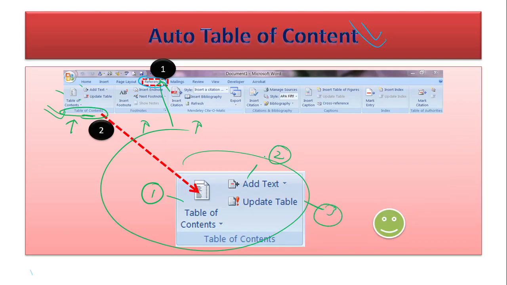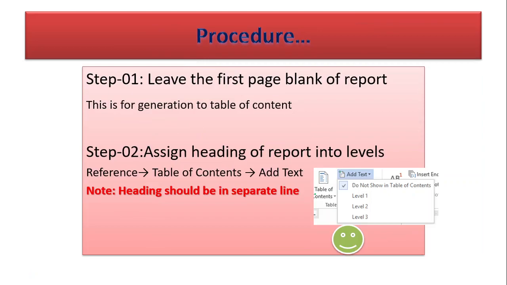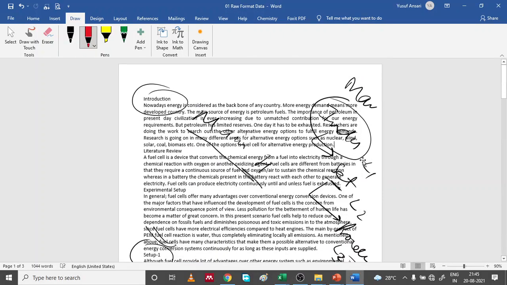What we can do is assign each and every heading its level by using this add text tool. How can we do it? The procedure is to leave the first page blank for the report. In our case, for example, if you see our first page is basically